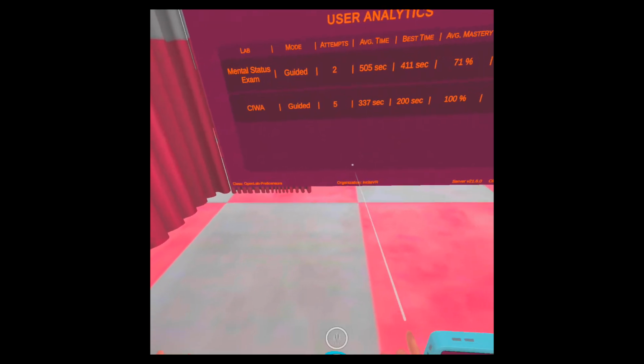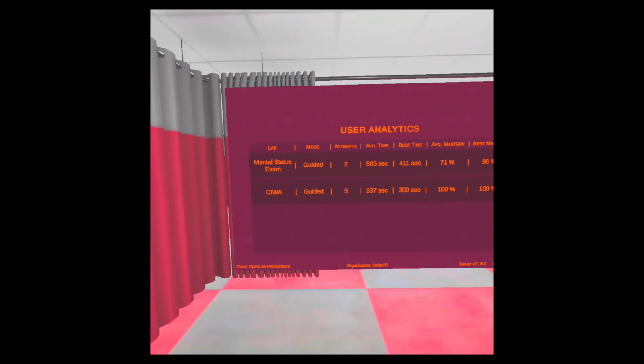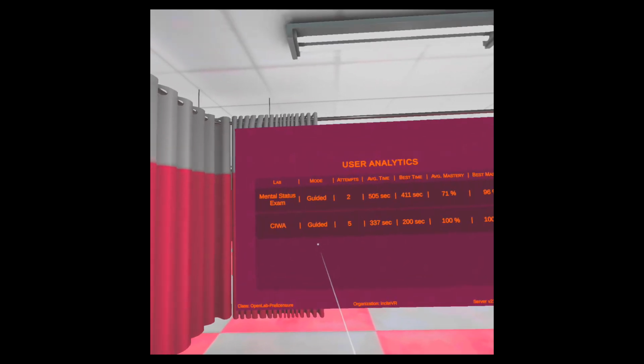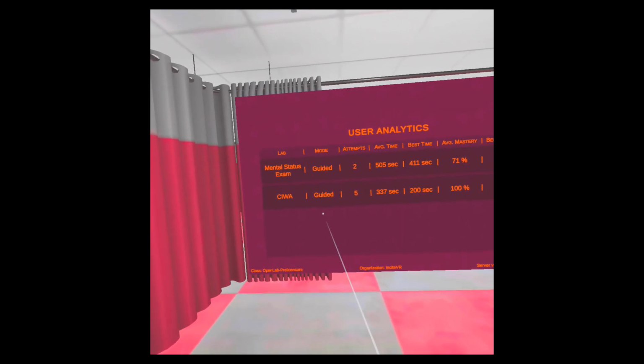And now that I'm back in the lobby, like any other application on the Quest, I can quit by momentarily clicking on the Oculus button on the right-hand controller, and then